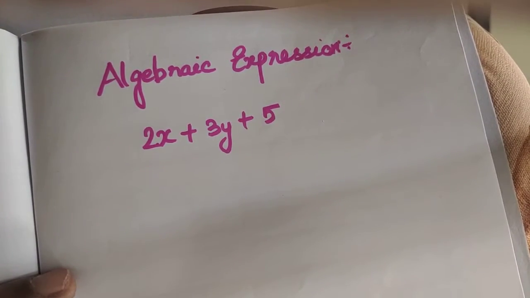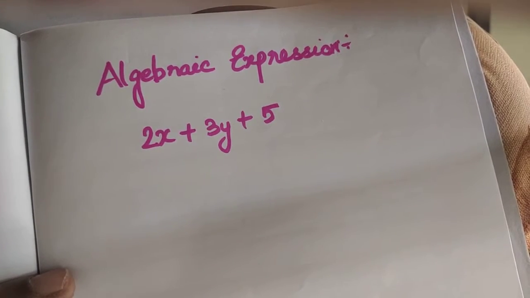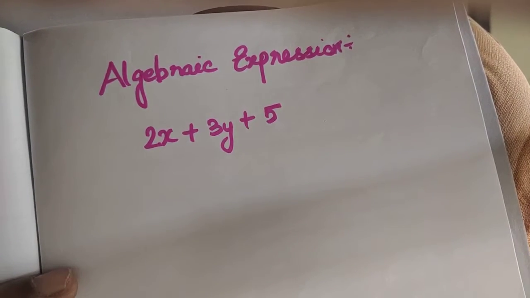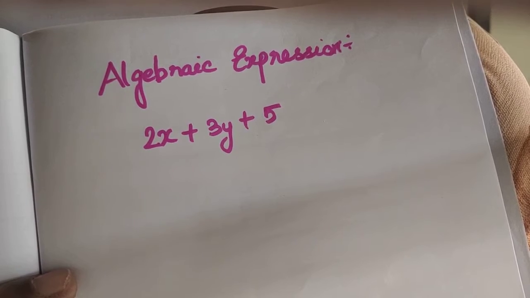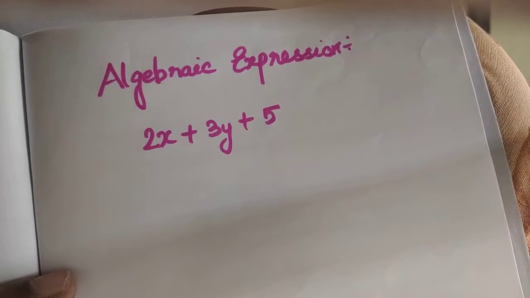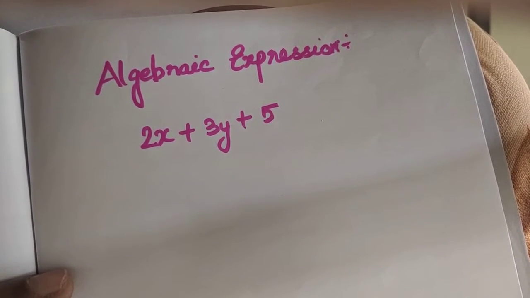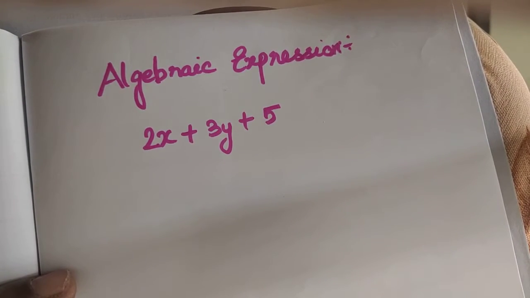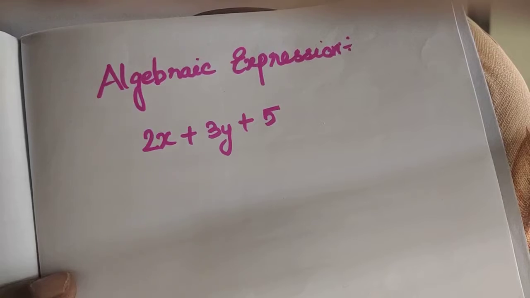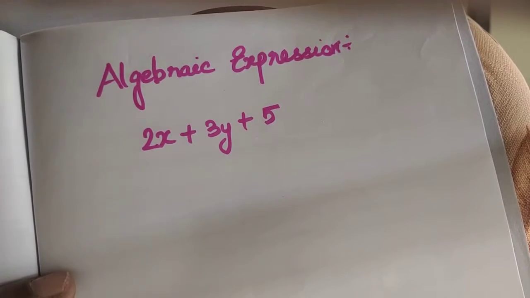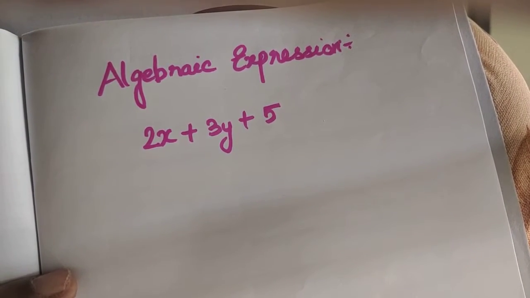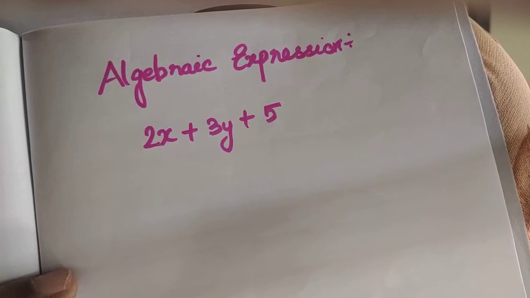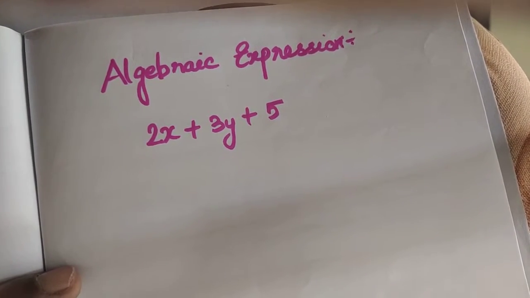But here the main thing in 7th standard that you must know is, when an expression is given, how I have to make out that expression, and how I have to add two expressions given to me, how I have to subtract, how I am going to multiply, how I am going to divide. All these things you have to learn properly, children. So this is what an algebraic expression.